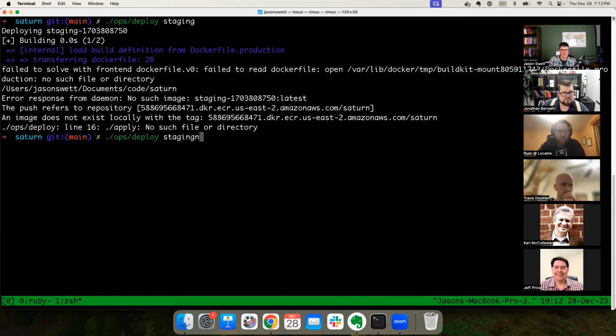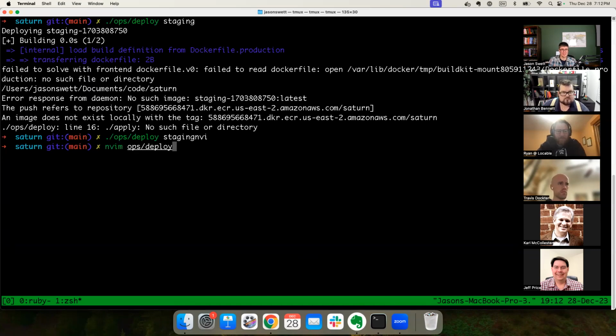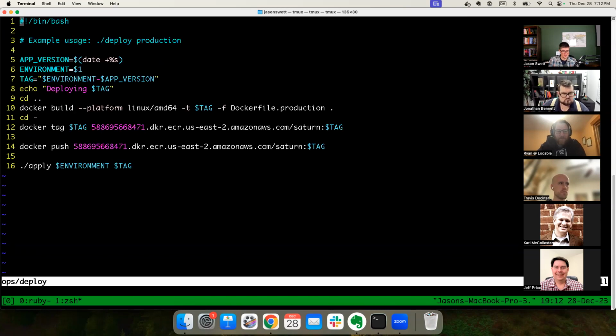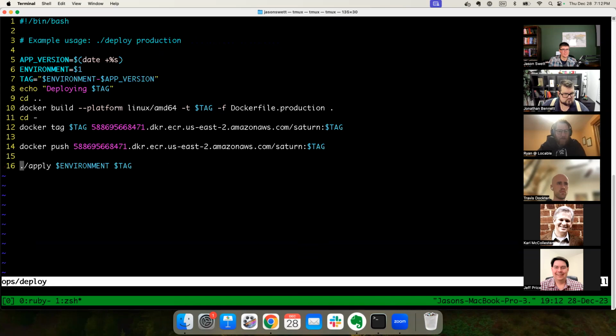Because again, I'm trying to use my AWS script on DigitalOcean, which is not going to work. I'm going to have to make some adjustments. Okay, 16 says apply no such file or directory, but there was an error before that. No such image, staging, blah, blah, blah. Okay,